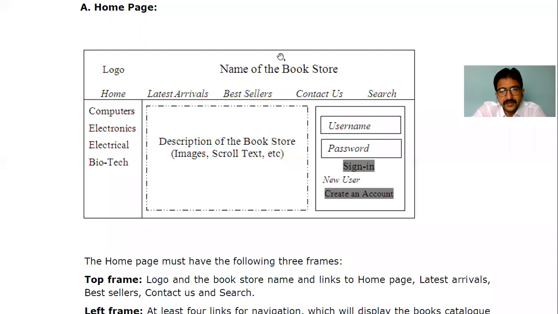Anand Singh, B5, are you there? Yes, sir. Can you please unmute yourself? Anand, can you tell me how many rows are there in this page? In this entire page, how many rows are there? You know what a row means, right? Yes, sir. Two rows. Good, very good. You please mute yourself.